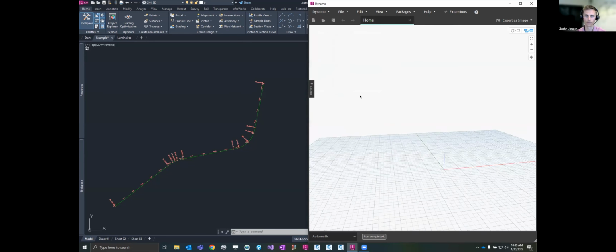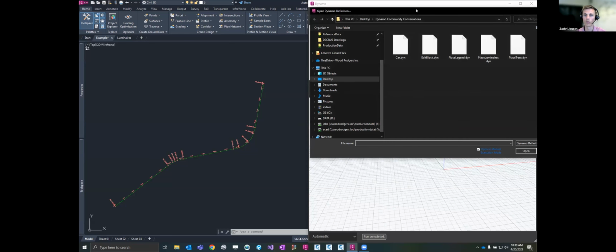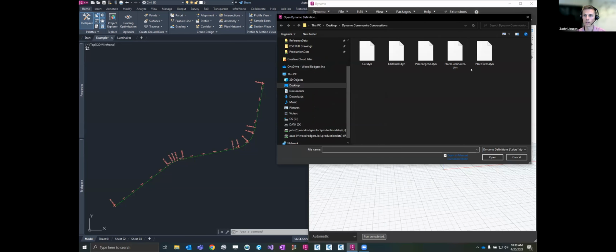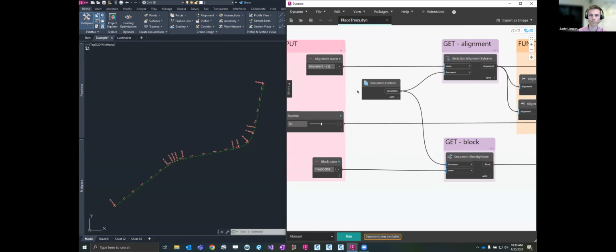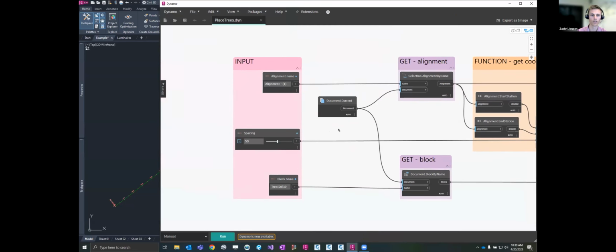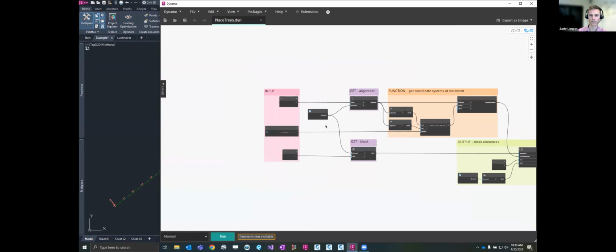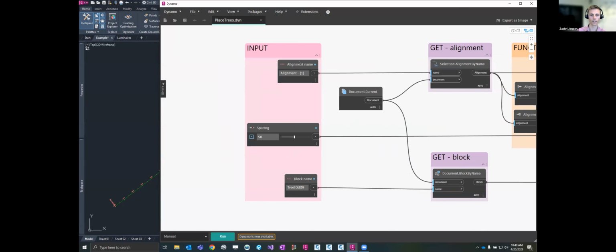Okay, let's collapse this and I'm going to open up my example here. So we're going to be just placing some trees along this alignment at a fixed interval. So we'll step through the graph. Let me make it a little bigger here. So here's the whole thing, but over on the left, we just have the name of the alignment, the spacing